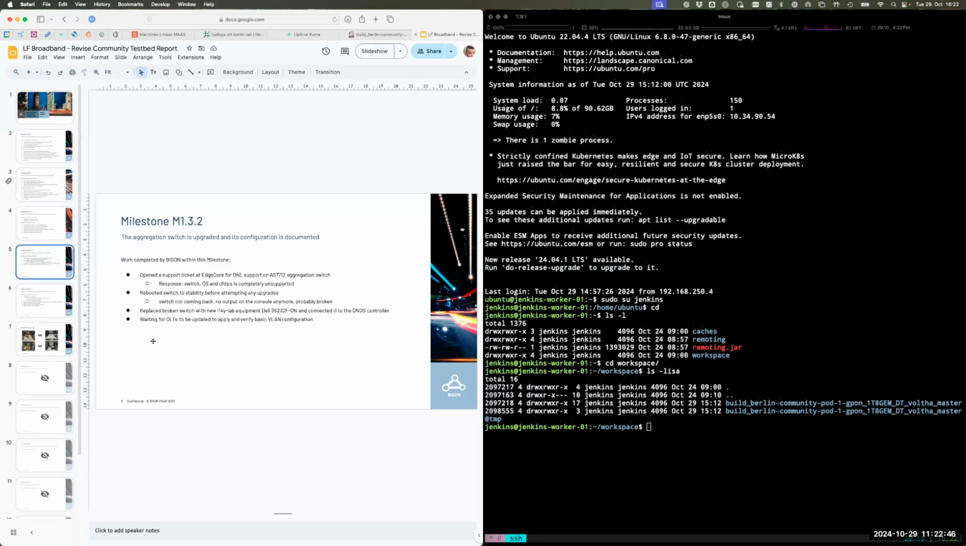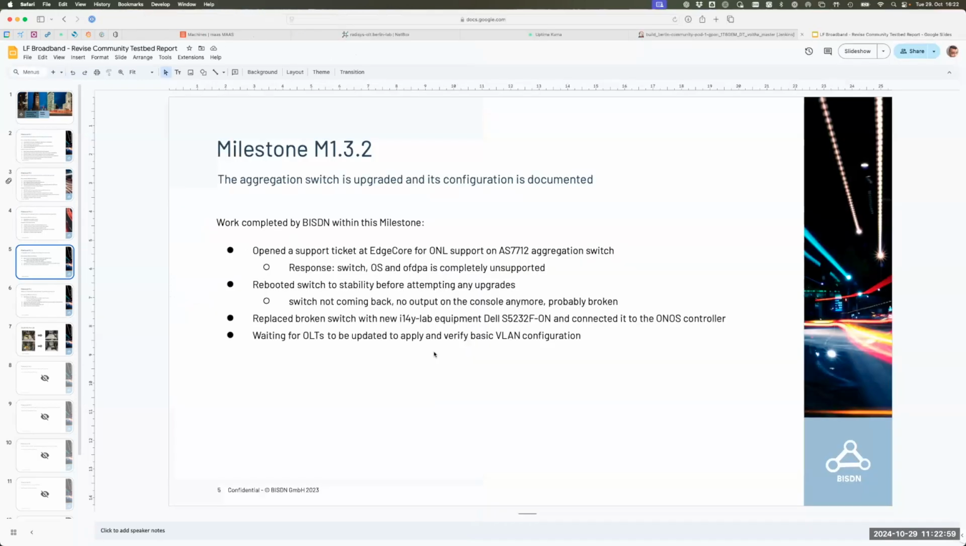Then moving on to the next part, and this is the aggregation switch. So most of the stuff here I talked about. Is this still big enough, or is this getting too small? Can you still read this? I can remove this again because it's not important right now. Is this better? Yeah, it is. Okay, so